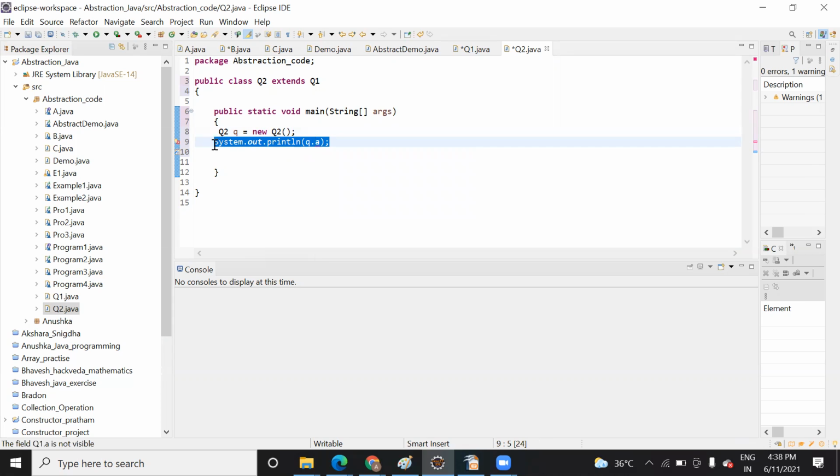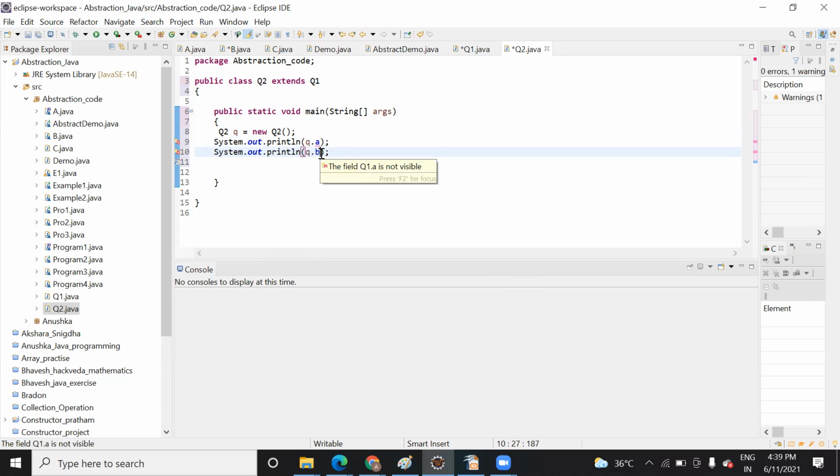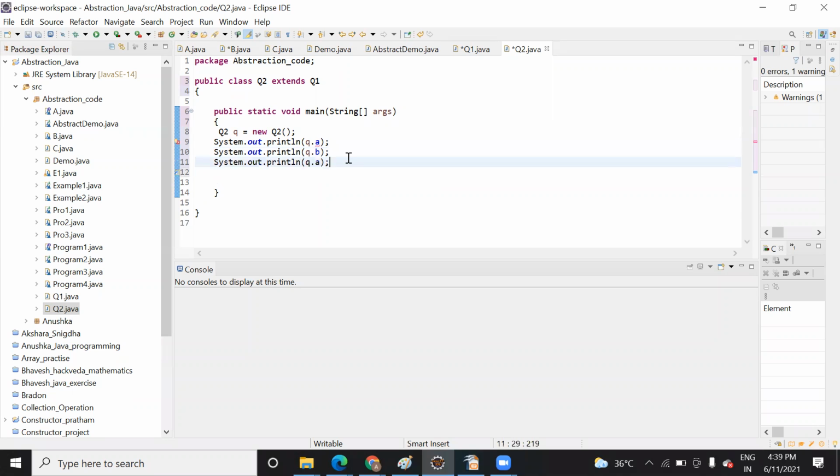Do you see that it's giving an error, red marks? Yeah, I can see. But in B it's not coming. Let's see whether it comes in C or not. Now, what I told you about public and protected. Let me add a no modifier also.